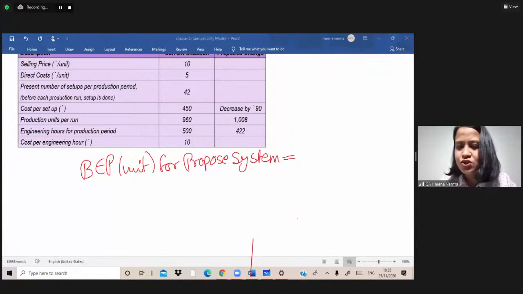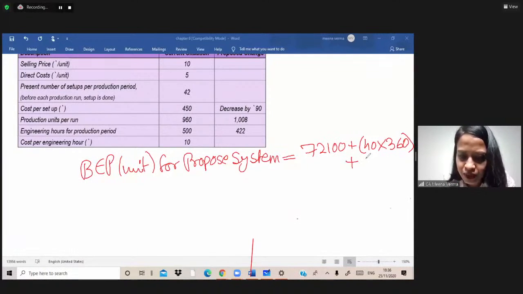So the fixed cost we have here is 7,100. The number of setups we have here is 40, and the setup cost is 360